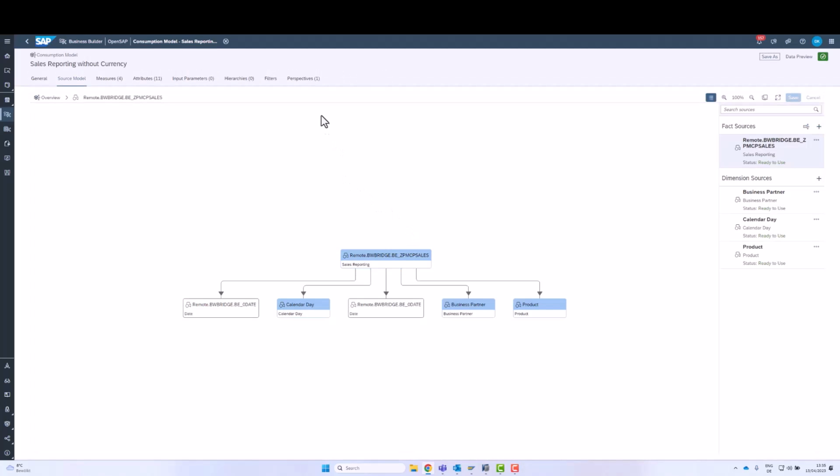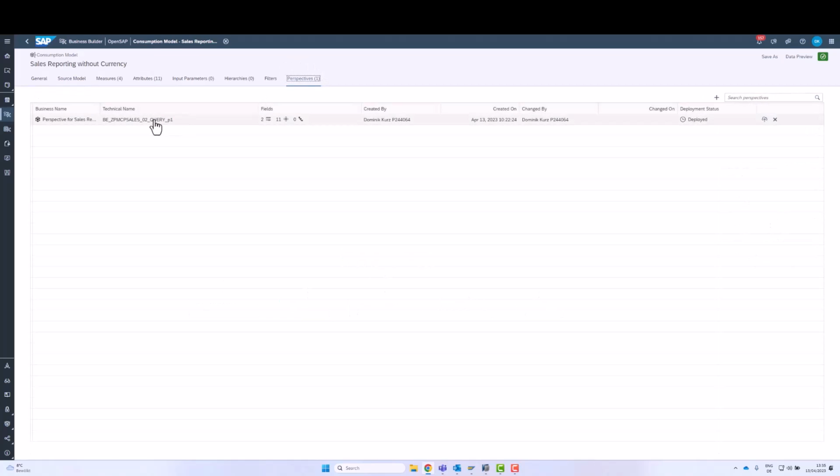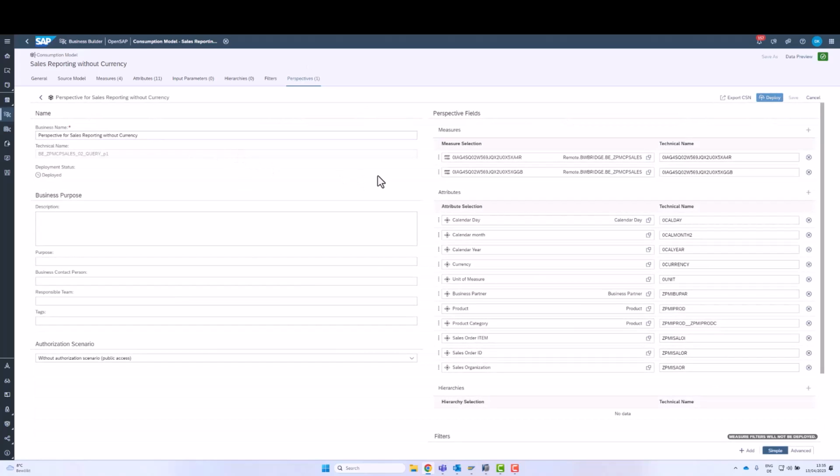And from the consumption, we're jumping into the perspective, which is created on top. And the consumption reflects exactly our query, what we have seen before. So we exactly have the same measures here and all the attribute selection, and also those ones which were inside of my free characteristics. And now we can start using this perspective or the consumption for reporting purposes with